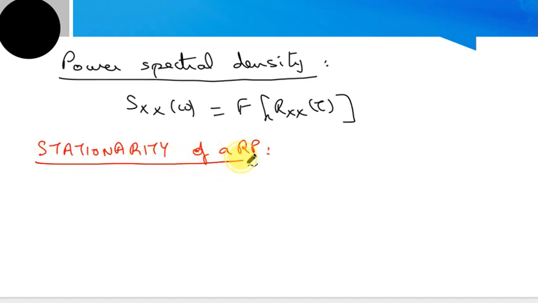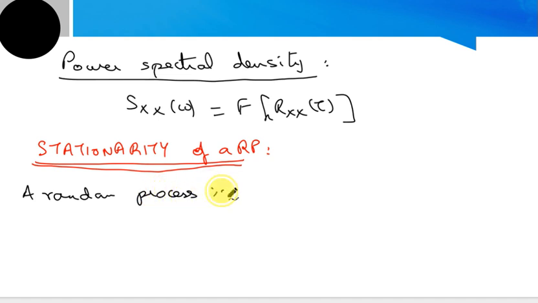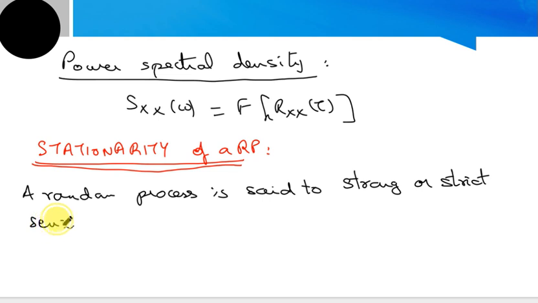A random process is said to be strong sense or strict sense stationary